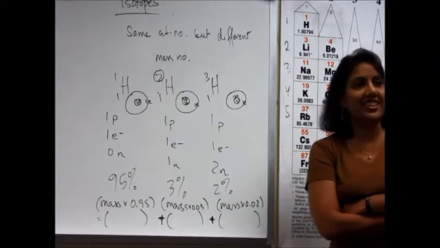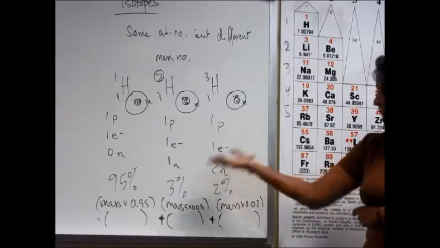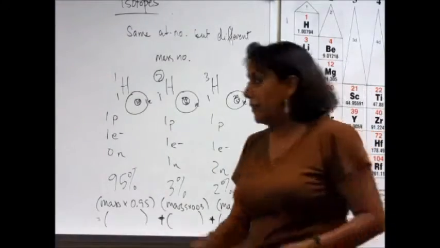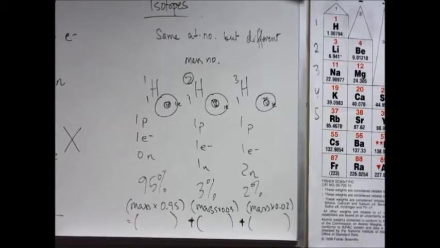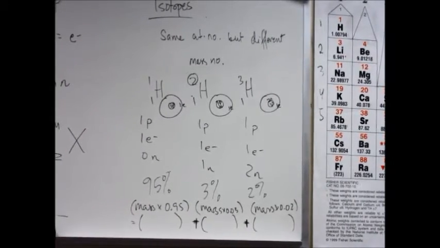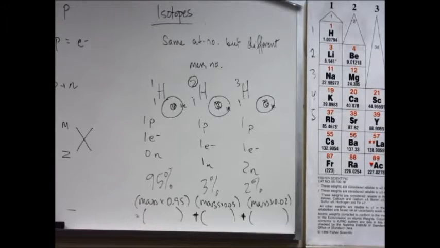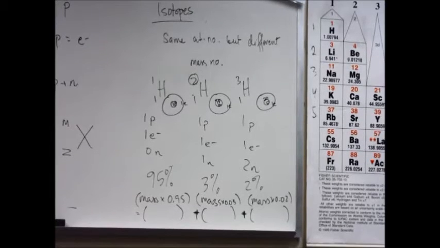How do you find them, right? That's the question. Because I came up with it random, just like that. But how do you really find those? You find them by using an instrument, which is called the mass spectrophotometer. The picture is given to you on page 51. It's the most wonderful instrument ever created in chemistry. It gives you the mass of anything that you want to know. So what we do is we put the sample through here. And it gives you information regarding each of the isotopes in there and how much abundance they're in. So that's how you get the percent.